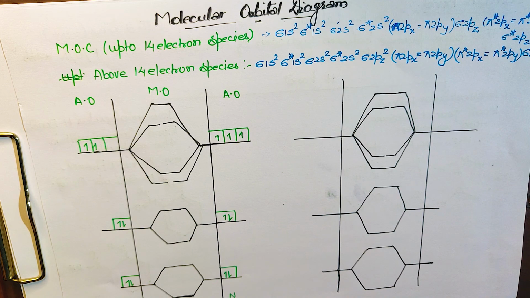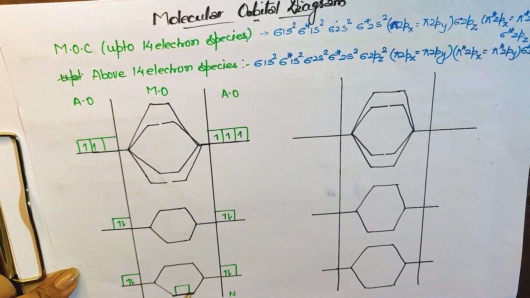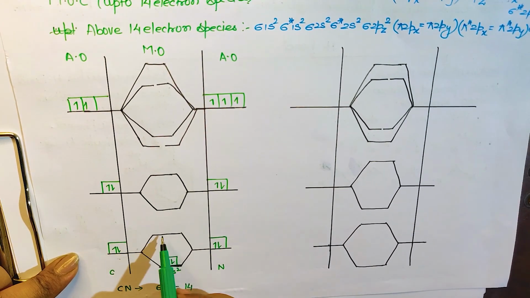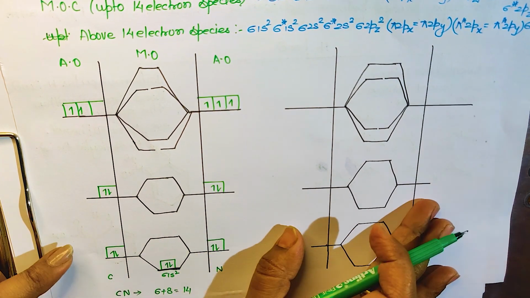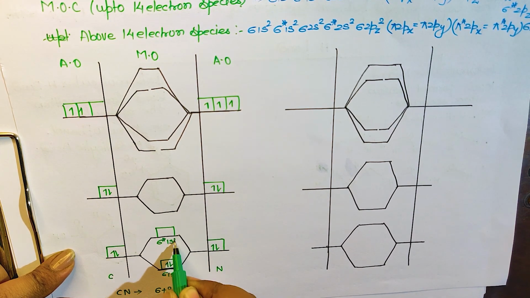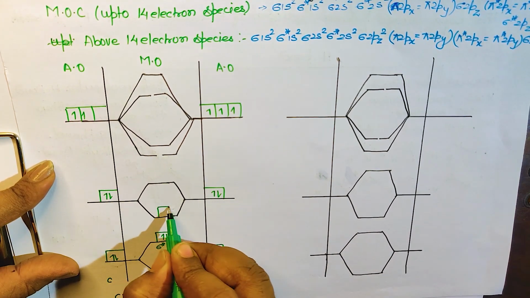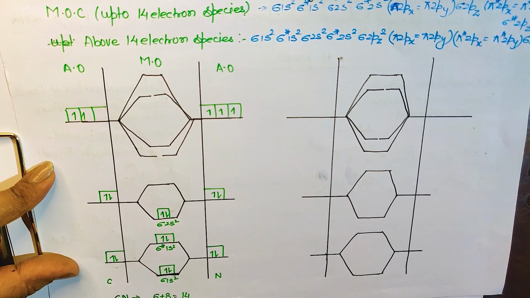Okay, so let's do this. First we will write the sigma bonding. In the bonding, how many electrons will be there? Maximum 2. So this is sigma 1s2. What will be for this? Anti-bonding always has higher energy than the bonding, that I have already explained to you. So this one is anti-bonding, that means sigma star 1s2, and it will also be filled by 2 electrons. Then it will come to sigma 2s2. 2s2 will also be filled by 2 electrons because 14 electrons are there.